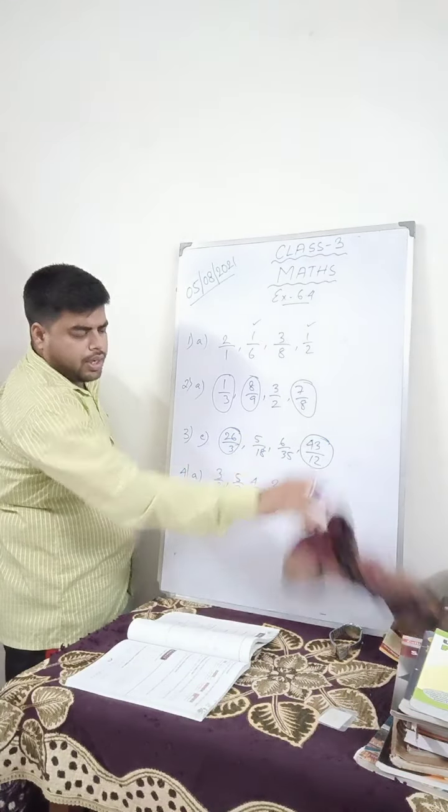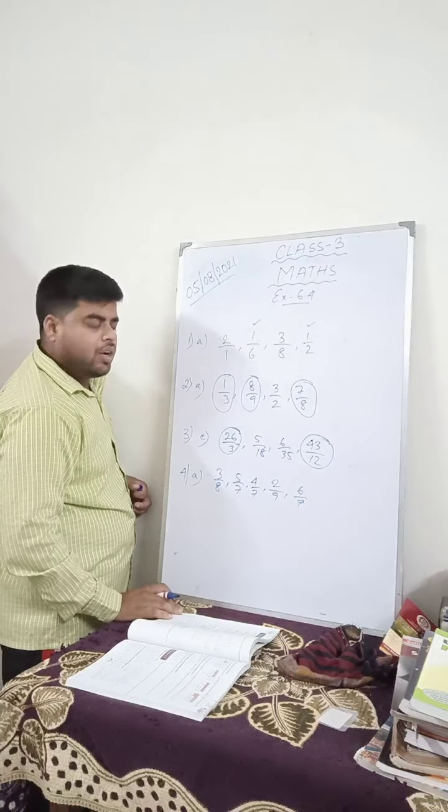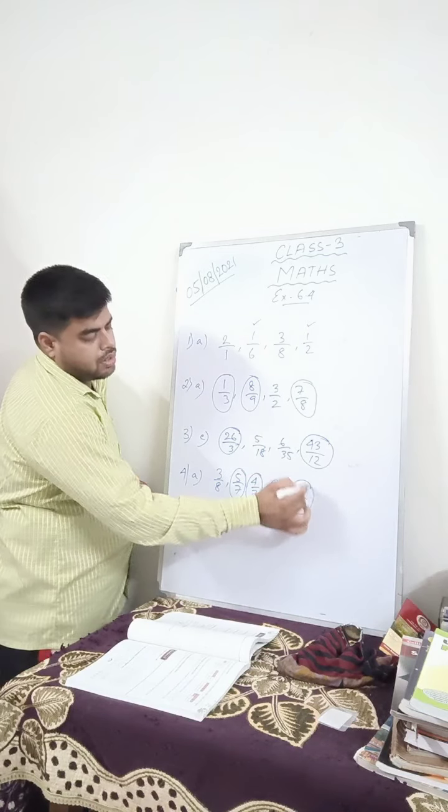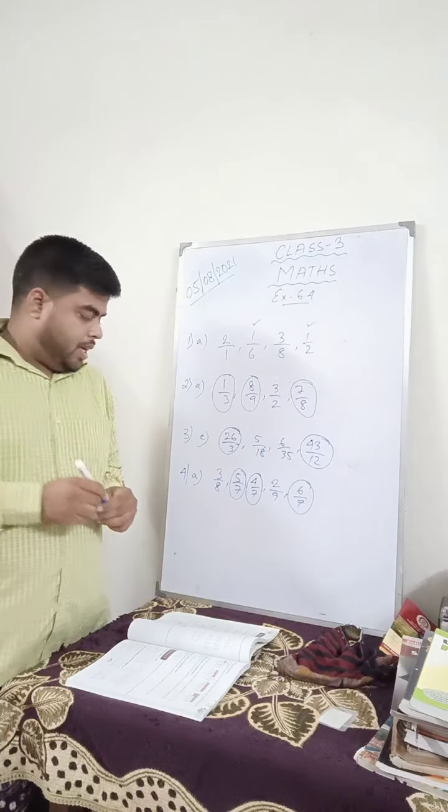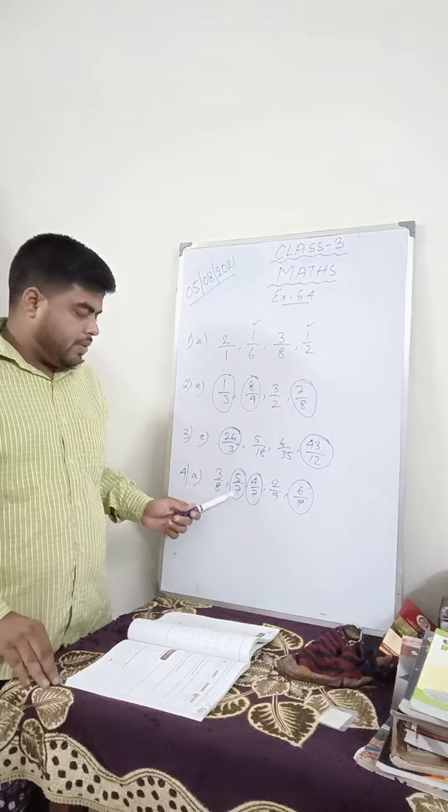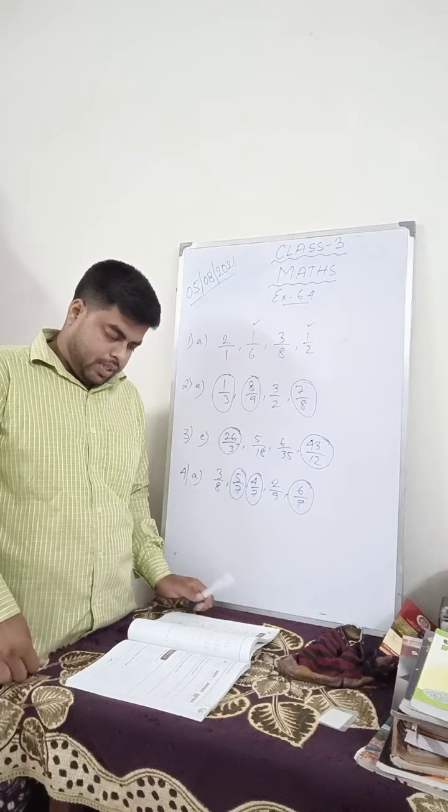Acha, they did not tell you to write. Okay, they have just asked you to pick up, so you can easily circle the like fractions. That means the fractions in which the denominators are same. See, this is 5 by 7, this is 4 by 7, this is 6 by 7. So I hope you have understood this, children. Okay. Now,